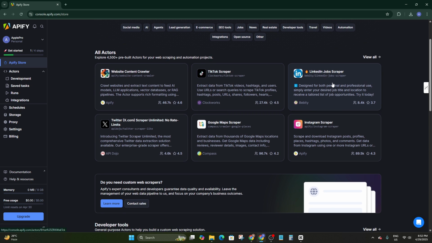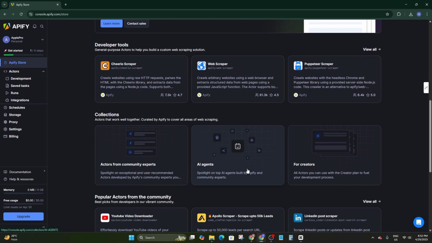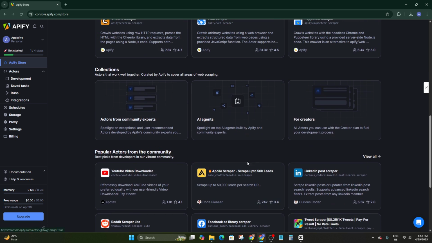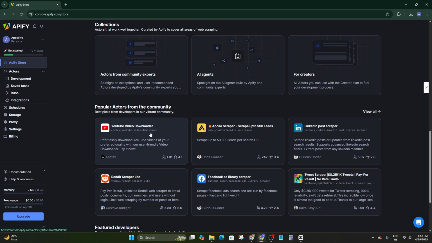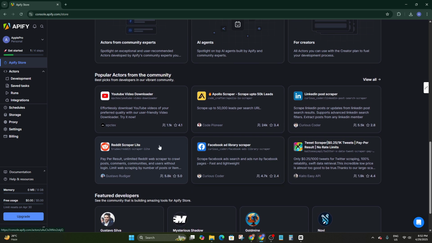And with the LinkedIn job scraper, you can find job details. And with the Instagram scraper, you can find Instagram posts and data, or download Instagram posts, profiles, places, hashtags, photos and comments. It's pretty awesome, and it can blow your mind. You can also use the video downloader, and you can find more things like